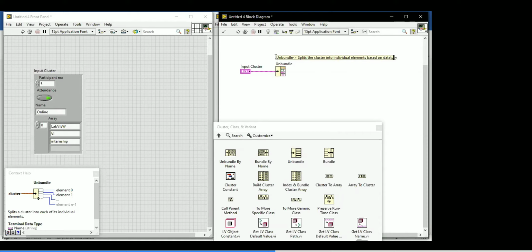Very important. Here we are not getting any name. We are getting a number, and that's the reason the representation is DBL; its data type is reflected there. Why is it following the order DBL, TF, ABC, and array? Is there any reason behind that? Can we change the order of the elements in this cluster? It's possible.